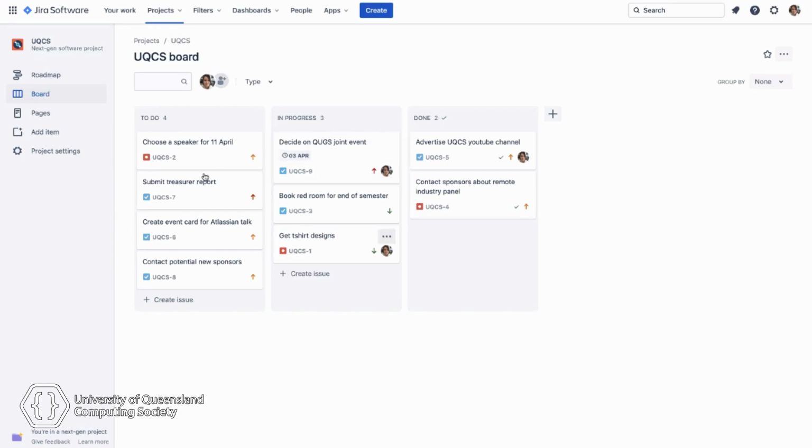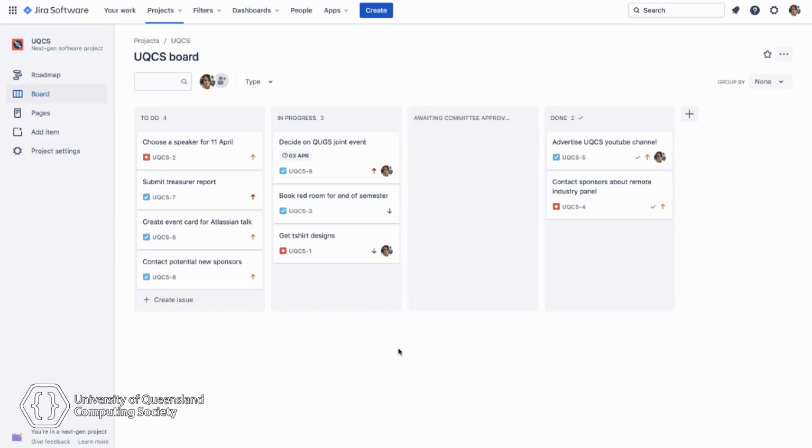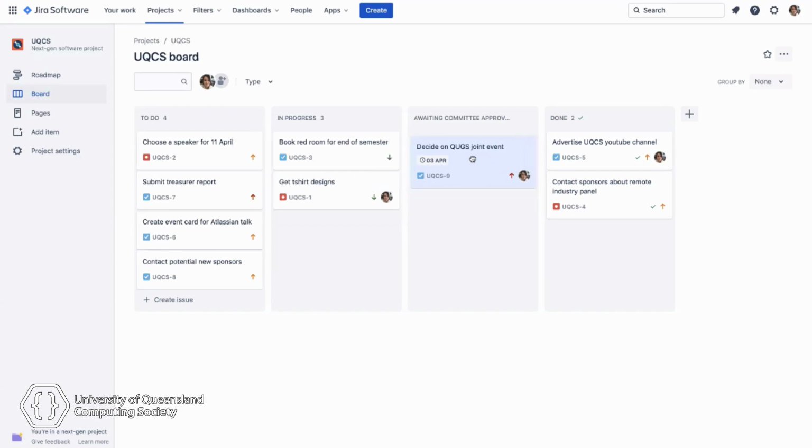What can we do in Jira? I have a bunch of tasks that I've already made. I can add a new column. Let's say that we need a new column called awaiting committee approval. And the committee want to do a joint event with the Board Game Society because they're awesome. But they have to decide on this together. So